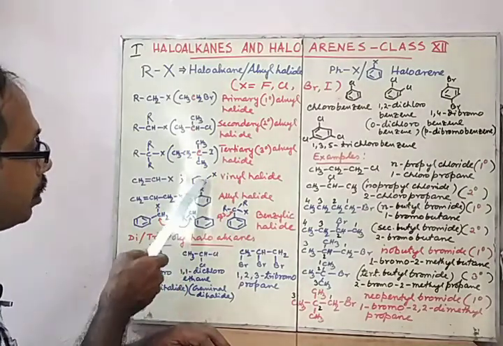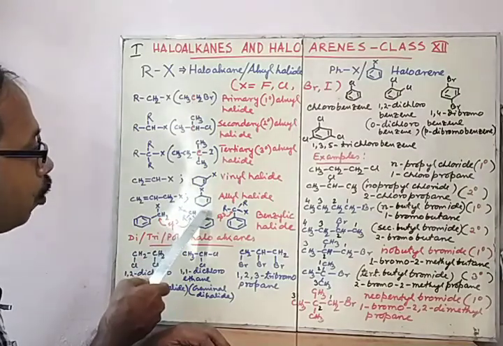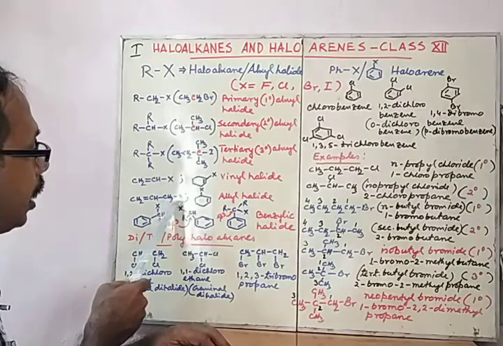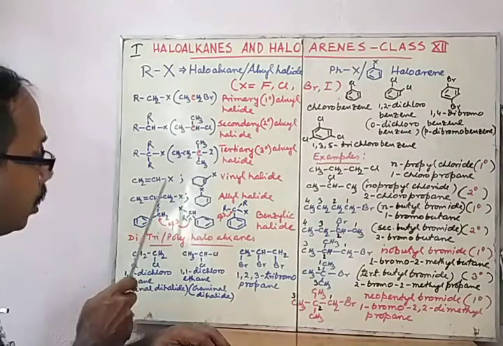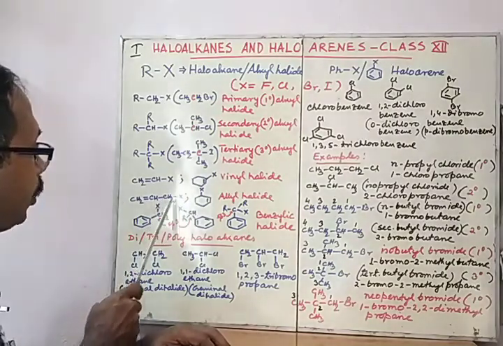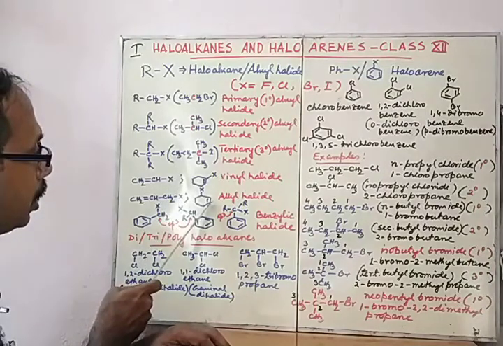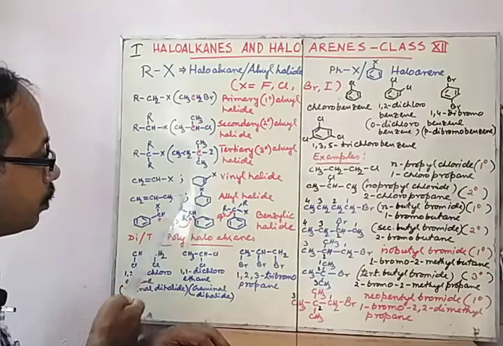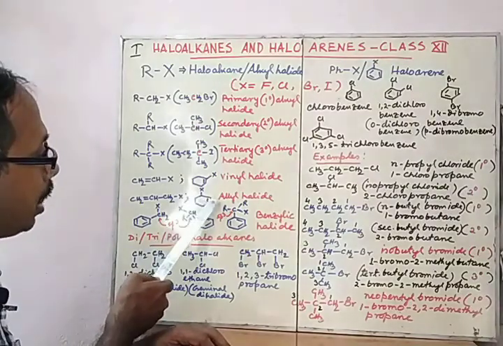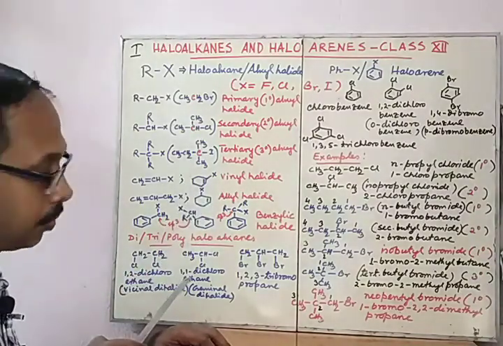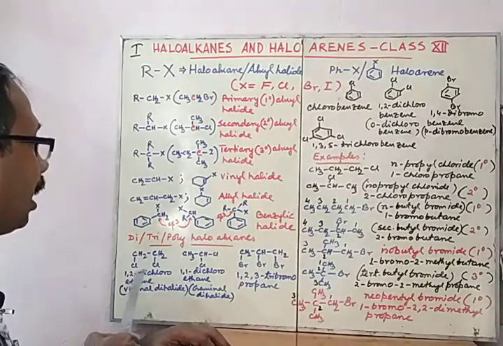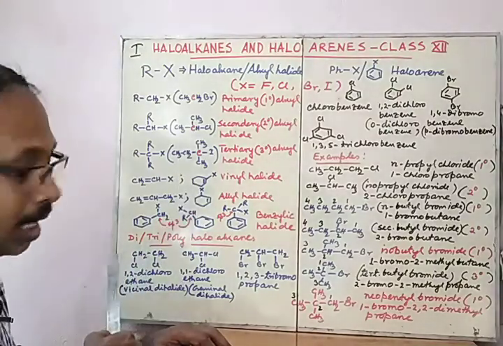We can compare this vinylic group with the allylic group. So here CH2=CH, single bond CH2X. This group is the allylic group. We can follow here the carbon which is holding the halogen, it is sp3 hybridized. Next to that the double bond is present. So it is an allyl group, and the respective halide is allyl halide.